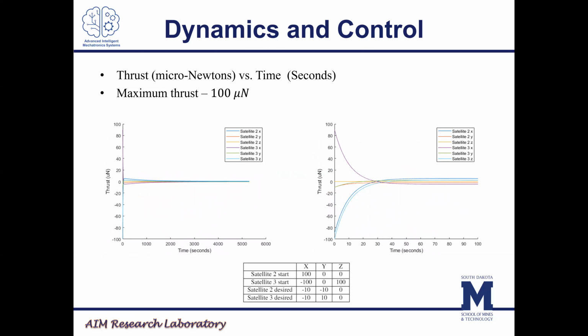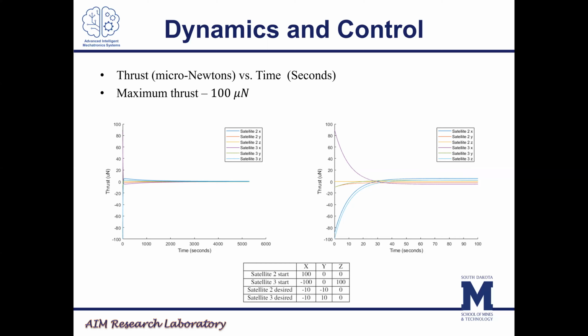And you might be wondering, how much thrust does this controller use? Well, this is a PD controller designed to use as little thrust as possible. So the max thrust is only 100 micronewtons, which is easily attainable from really efficient ion propulsion. And even if that is maybe a little bit high, it is only for the first 30 seconds where the satellite's accelerating,